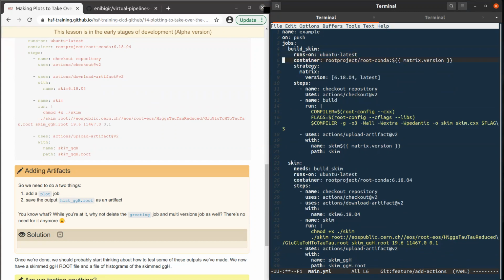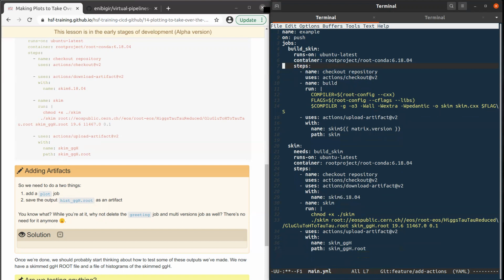Okay, now we can skip this matrix and just use simple single version. This one, okay, that pin, okay, we don't need any more these. Okay, we compile, we upload, and then we now have only one